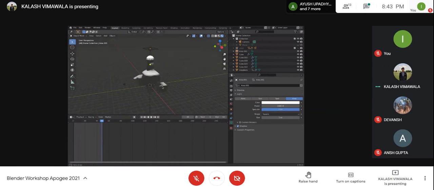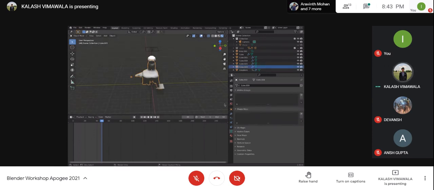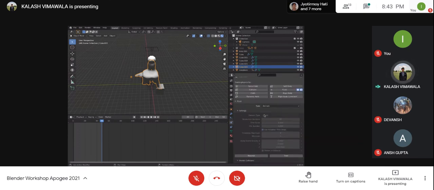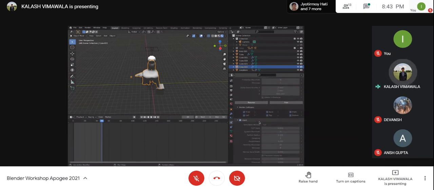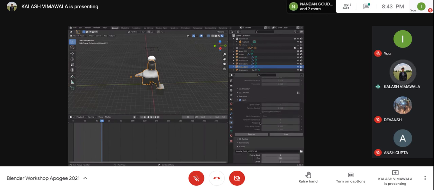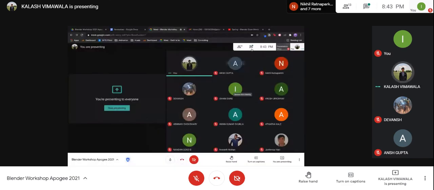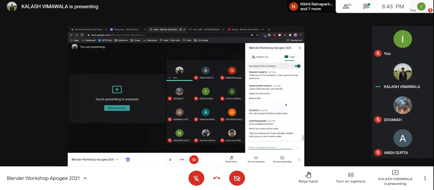So this is how fluid simulation works. You can change the resolution of the particles. You can make them smaller, you can make them more interactive, everything of that sort. For now, I guess this is it. Do you have any other doubts?